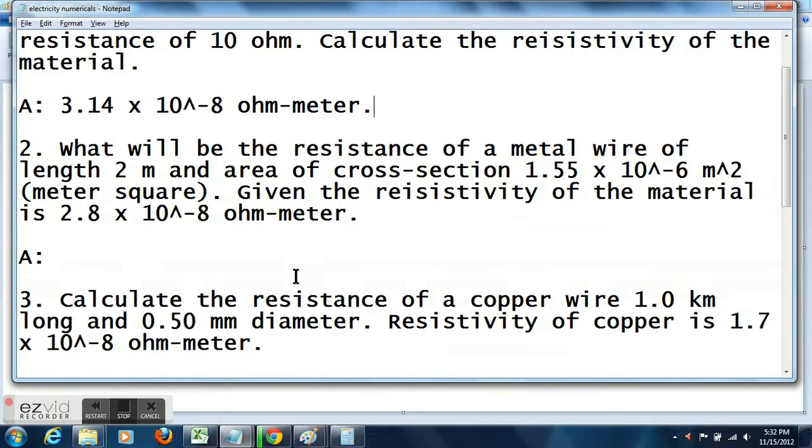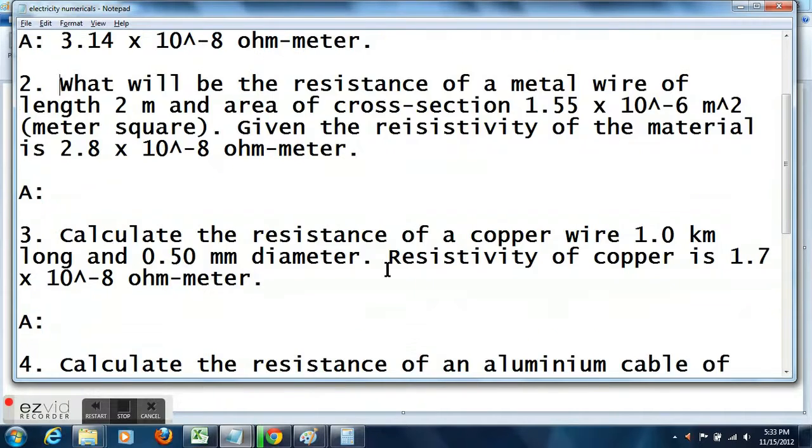Okay, now I will be reading out remaining problems, and you can stop the video here and you can start solving on your own. Starting from next tutorial, when I will be discussing the solutions, you can compare your results with mine to find out whether your approach was correct or not. So let me read out the second problem, which is what will be the resistance of a metal wire